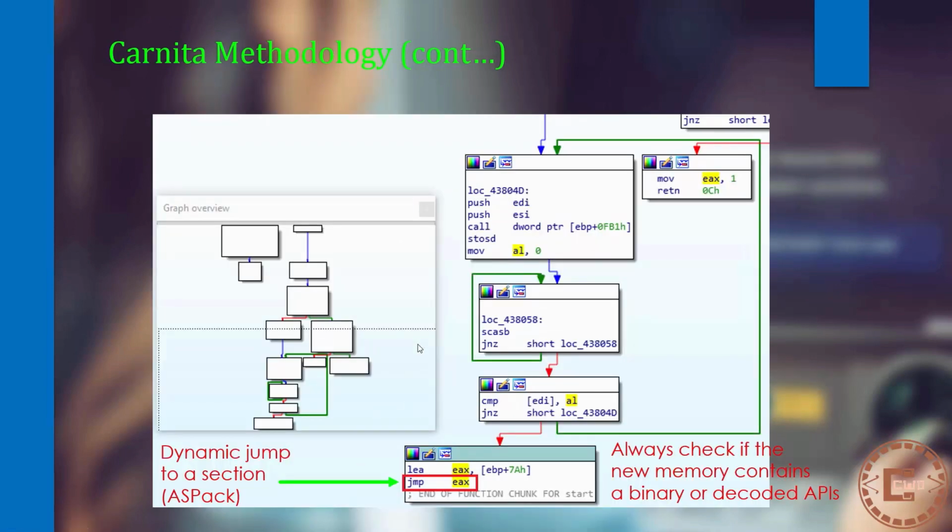Here's another example. This is ASPack. Again, we can see on the left side this graph overview where you can see all the flow quickly with IDA. And again, I don't care about what's going on here or here or here. I go all the way down and I see the jump EAX. This jump EAX, as you can see, is a dynamic call which is pointing to a place in EBP plus 7A, which